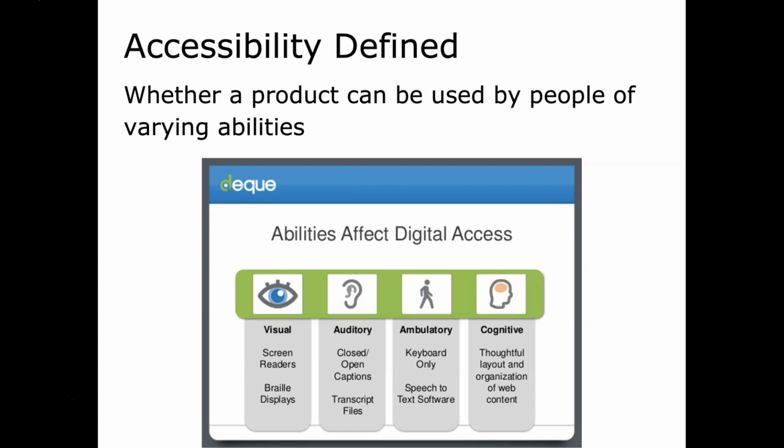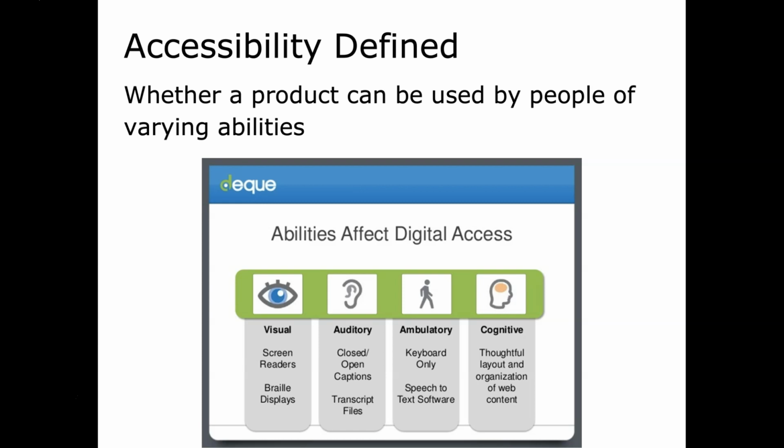Visual accessibility relates to the ability of an individual with low or no vision to perceive information that is presented on the screen. A person with a visual impairment may use a screen reader that converts visual information to audio or a digital braille display that converts information to tactile content. In order for these assistive technologies to function, the visual content needs to have information and organization that is accessible. For example, alternative text for an image describes the educational context of that image.